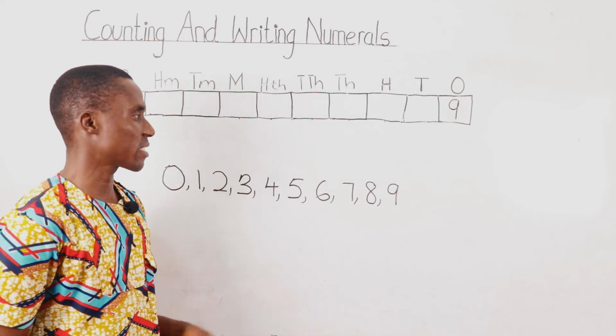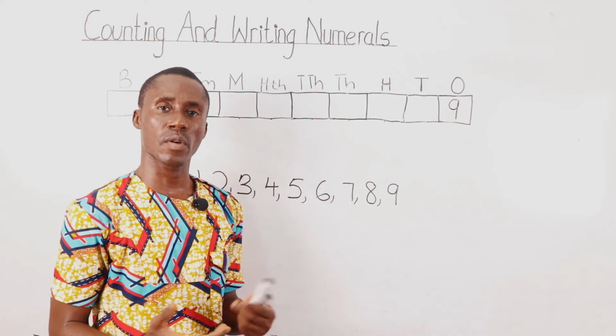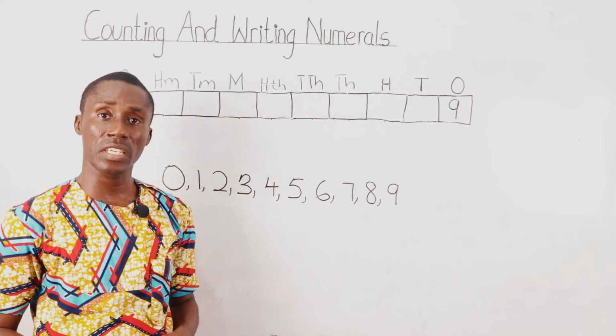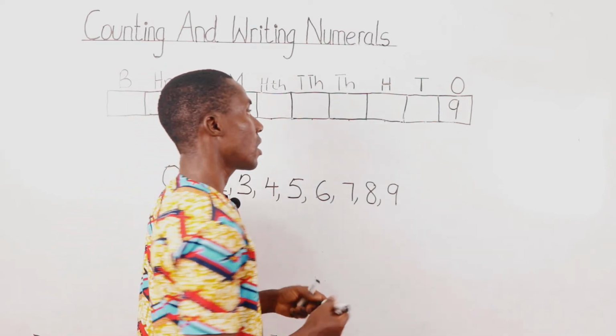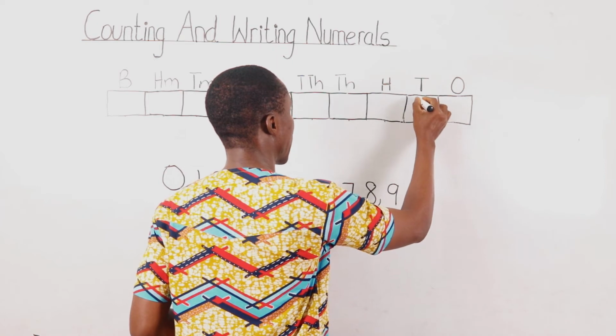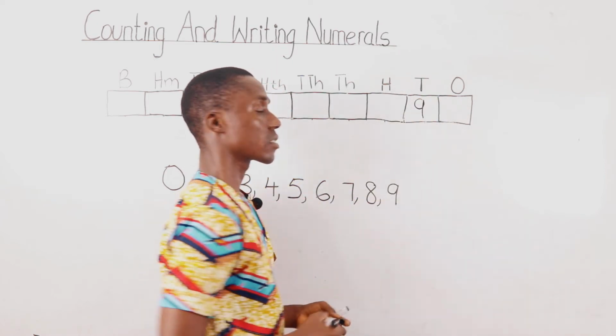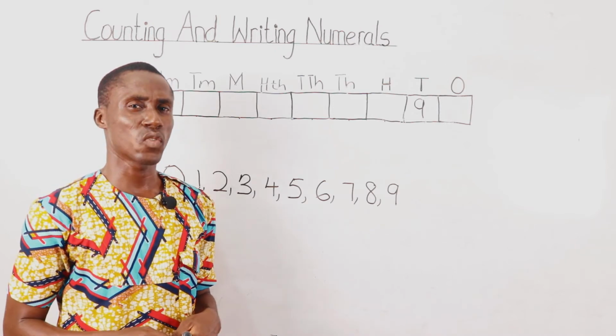If we should find the digit 5 in the ones number place, it will mean we have 5 ones. If 9 should be in the tens number place, then it means we have 9 tens, which is going to